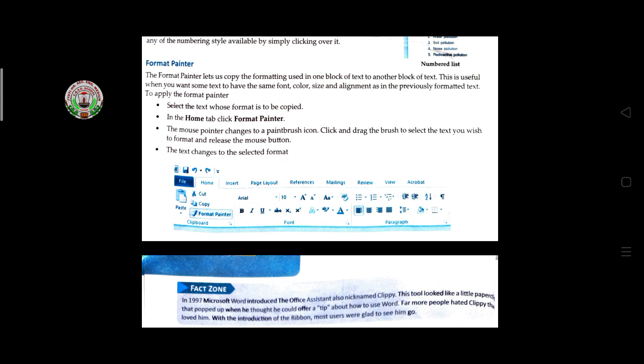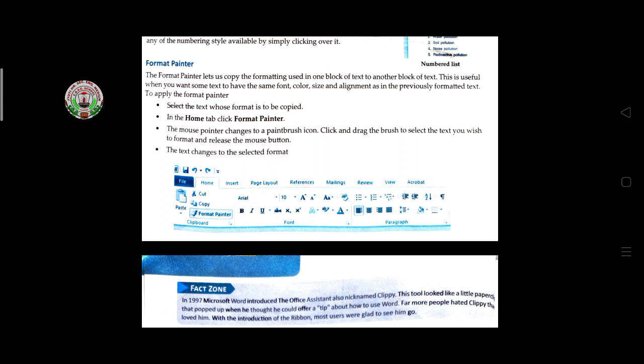Suppose, students, you have typed three paragraphs. In the first paragraph you changed the size of the text, you changed the style, you made it bold, all different formatting, and then in the third paragraph you want to use the same.